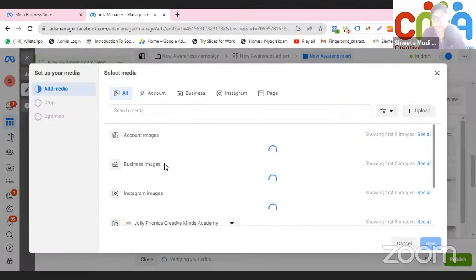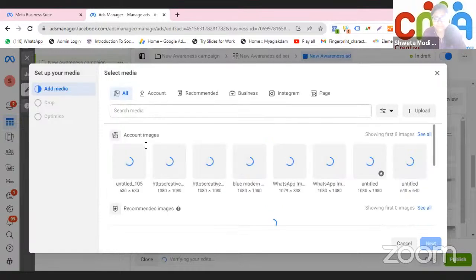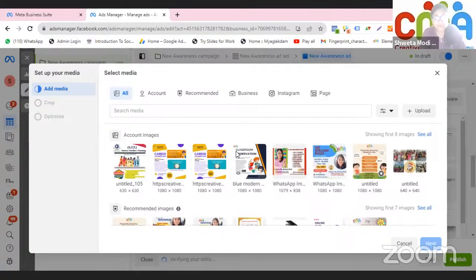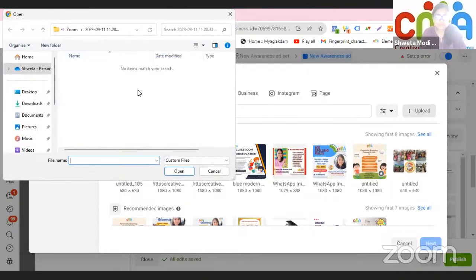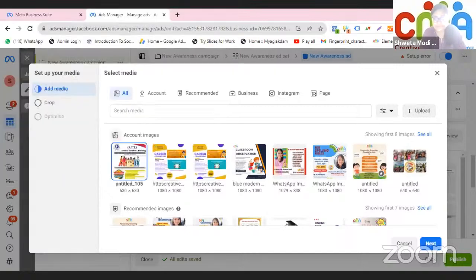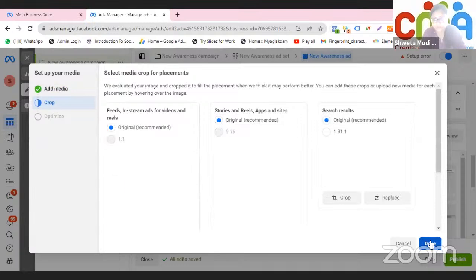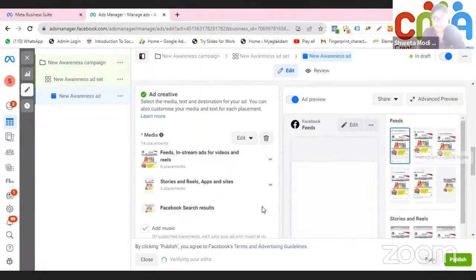Okay. So I can select the image which is there on my Facebook page, or on my Instagram page, or I can upload from here. Okay, so I can upload any picture from my desktop also, from my laptop also. So right now, for example, if I want to take this entity one, I'll put it over here. Okay. Now if I see the preview,